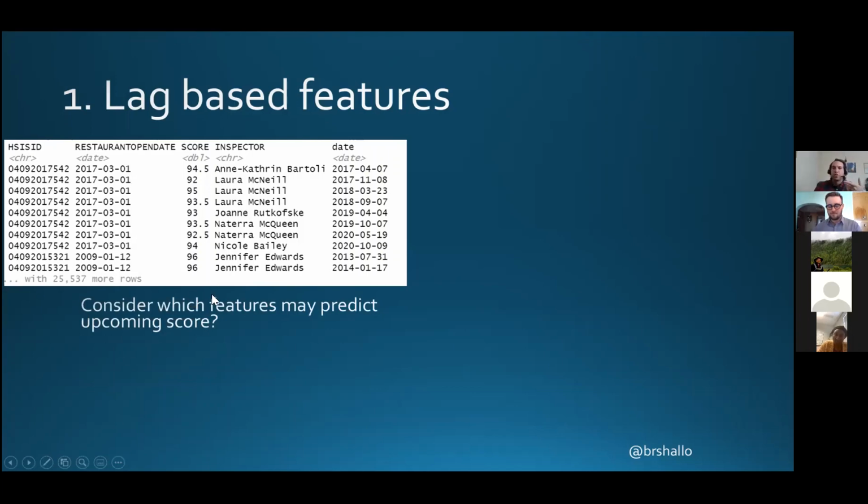If you were thinking through what information might be useful for predicting the upcoming score, a feature I thought of here would be: what was the most recent score? For a restaurant, its most recent score might be relevant for predicting what its future score is going to be. So you may say, I want to create a feature, which basically means making a new column where